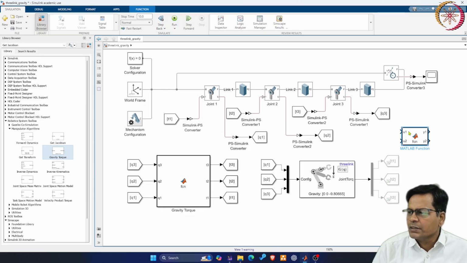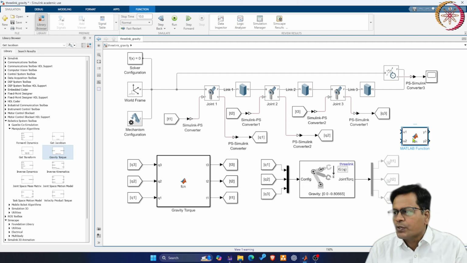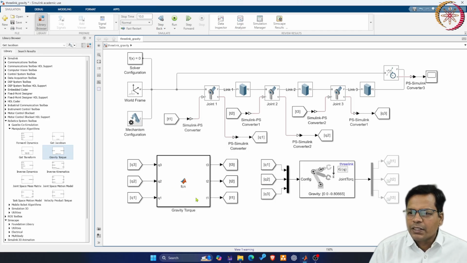Okay, that is embedded code. You can put it the way you code it in MATLAB, you can put all those here. So using that, I have defined this gravity torque vector here. It will take in all the joint angles q1, q2 and q3 and give you tau 1, tau 2 and tau 3. Those are directly connected here.